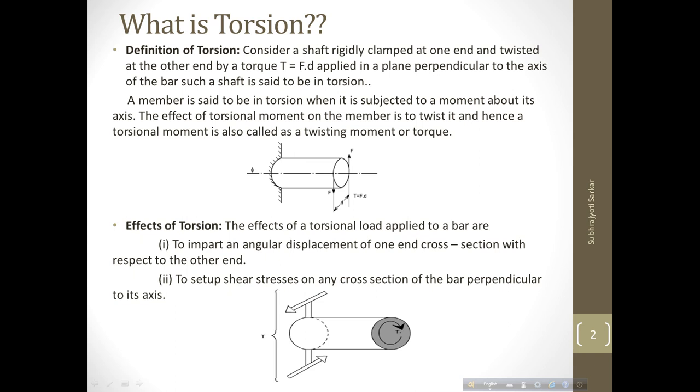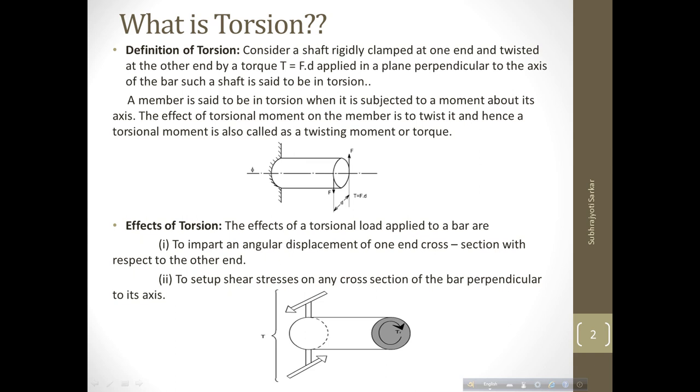As it creates the twist on the free end, what will happen? By Newton's third law, there will be a couple generated at the fixed end. That will be your resisting torque or resisting couple. The twist that you apply on the free end is your applied twist, and due to that applied twist there will be a torque generated, because there will be a tangential force generated, and force into the perpendicular distance means there will be a torque generated.